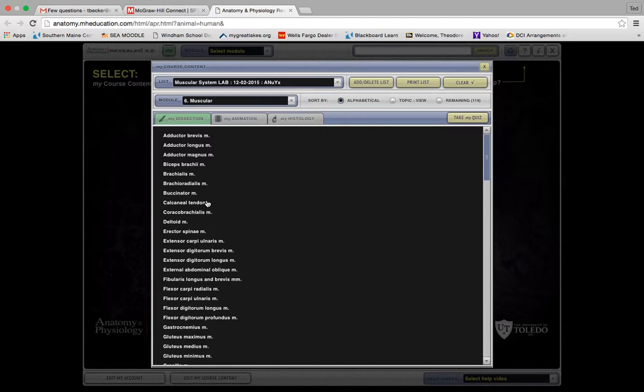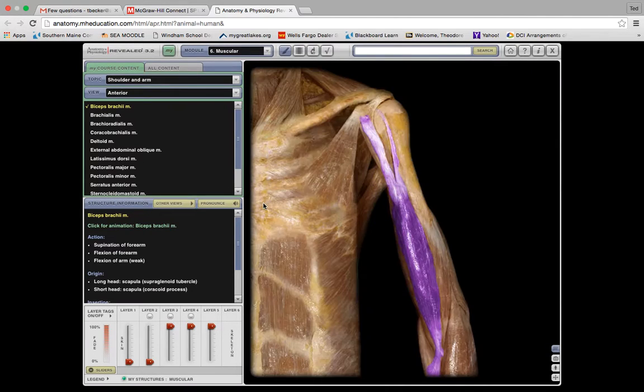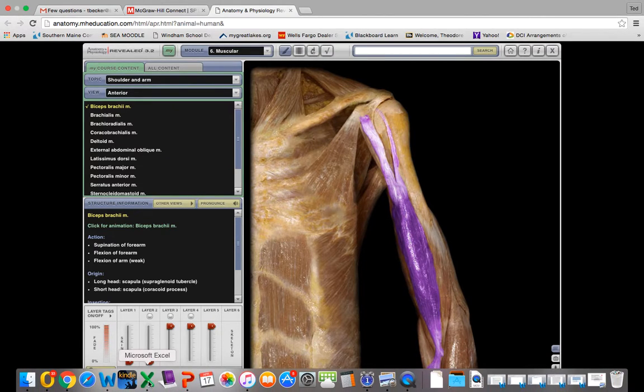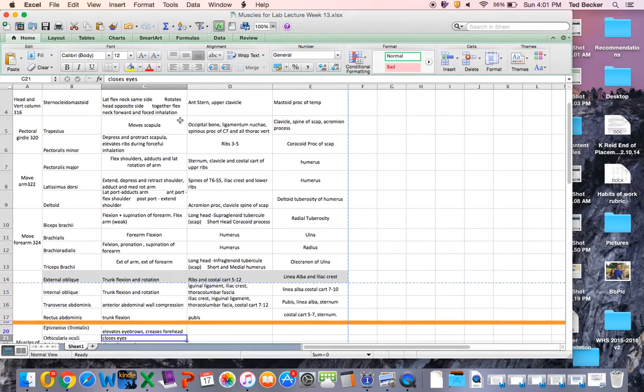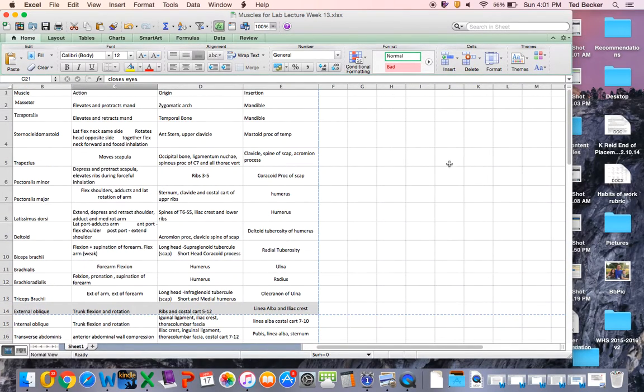I'm going to give you an example of one. So let's pick biceps brachii. So the biceps brachii, when you go to study this one, this will be the picture, if this picture is on the test, that you would have to identify. Or it could be a different picture, but it's probably going to be this one. For the biceps brachii, if you go back to our list, you can see that biceps brachii is one of the muscles that you have to know